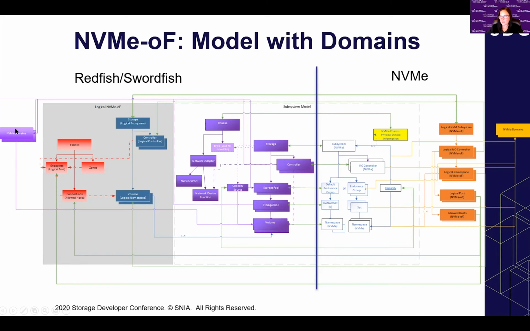The other piece we added to layer on top of that is NVMe domains. So domains can be constructed out of various elements in the subsystem. Domains are basically a mechanism to take a subsystem and break it into parts for things like fault management and power management reasons in a fabrics environment. So this basically shows, I can go take controllers or namespaces or ports and carve them up into appropriate